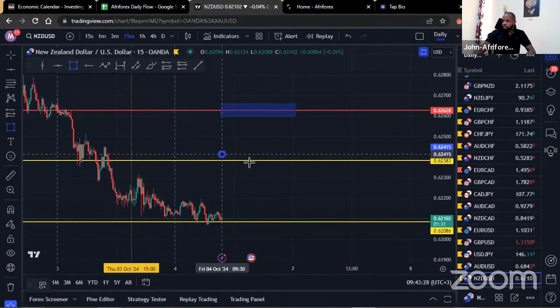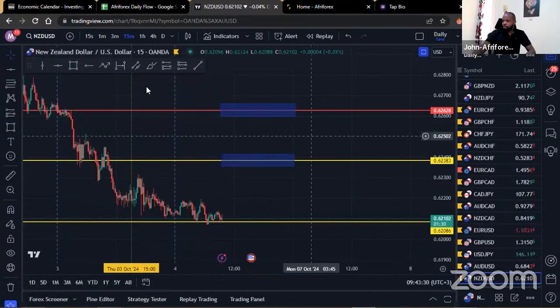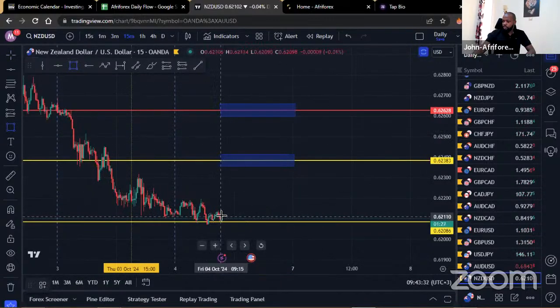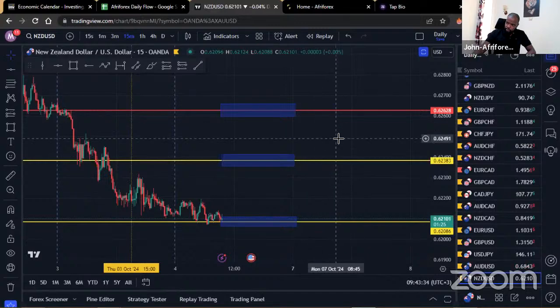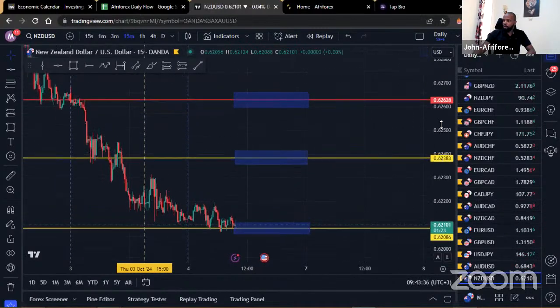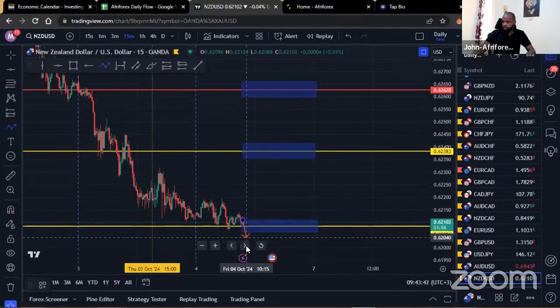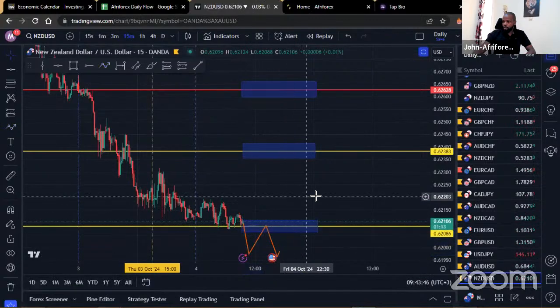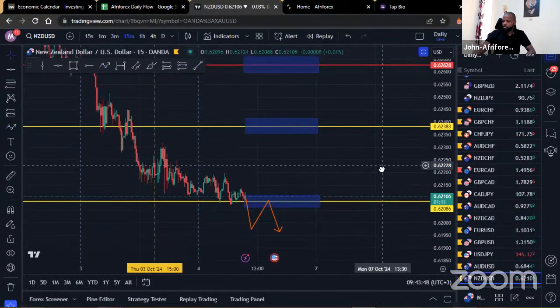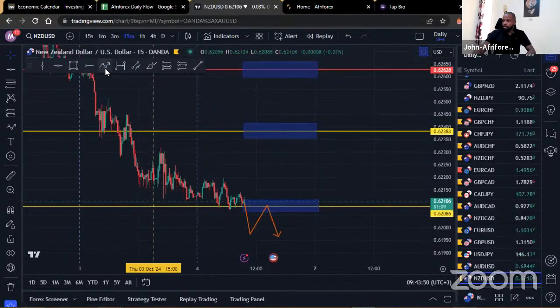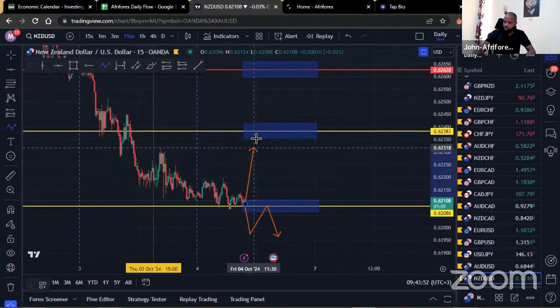So last but not least, we do have the New Zealand dollar against the US dollar. So this is also a new entrant on our watch list. These are the 3 areas we will be watching out for. So let's see what happens. It's more or less a similar situation with what we've seen on the other one. So we do need to see the market break to the downside, pull back in within this area here. Then hopefully we could get some sales, but also give these buyers the benefit of doubt.